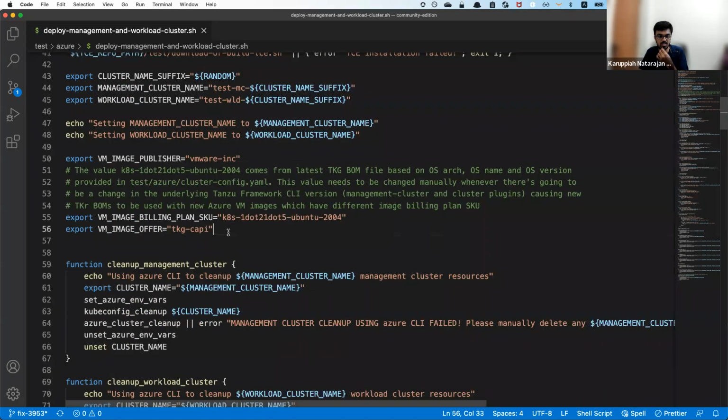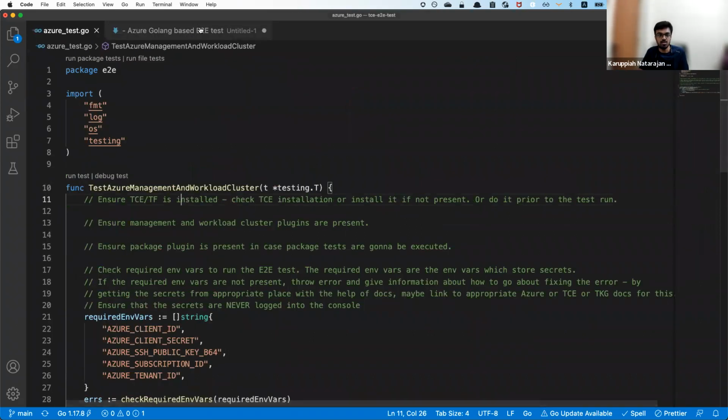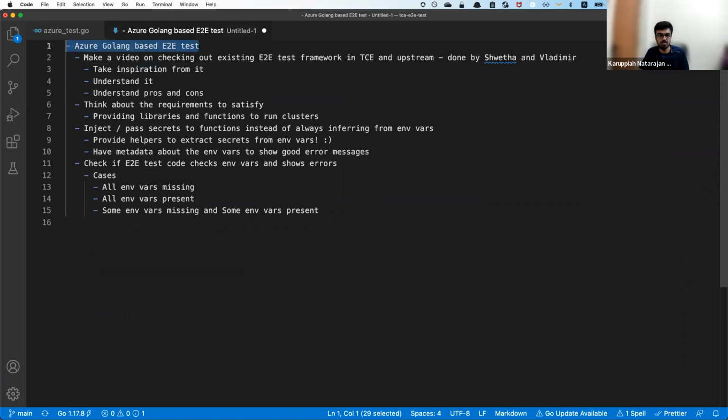We want to move to Golang for various reasons: for better control, for better error handling, and for fewer human errors. It's easier to miss errors and problems in Bash and find out later that it's a problem. In Golang, it's easier. You usually have some error being returned by whatever library you're calling, and whenever we define libraries, we'll ensure that we return errors. So yeah, I wanted to talk about the Golang-based end-to-end test, continuing from my previous video.